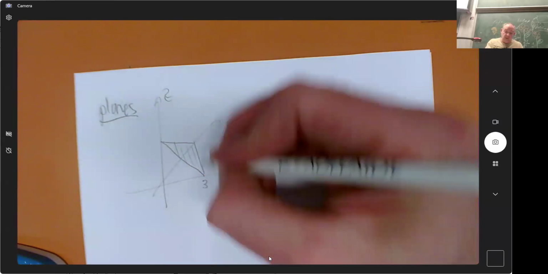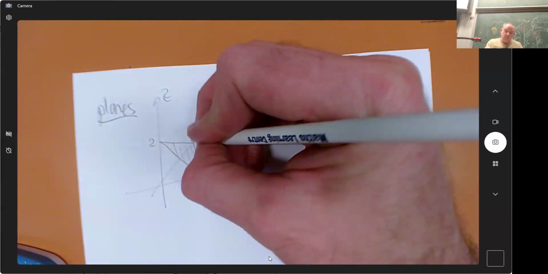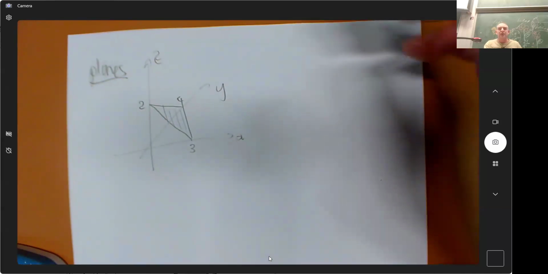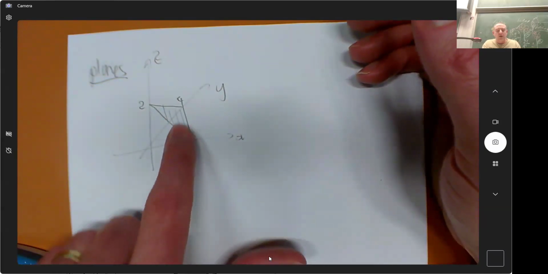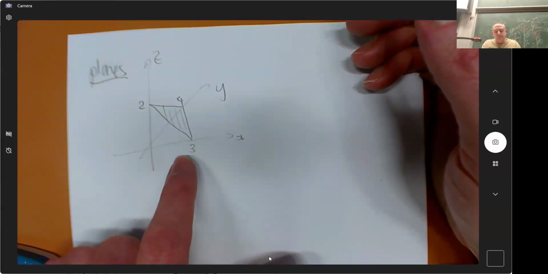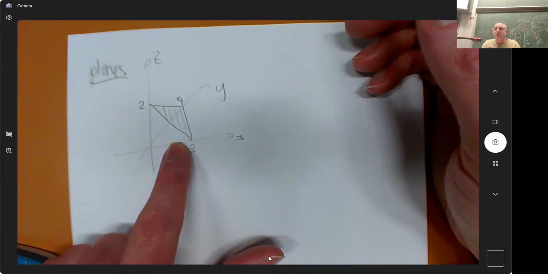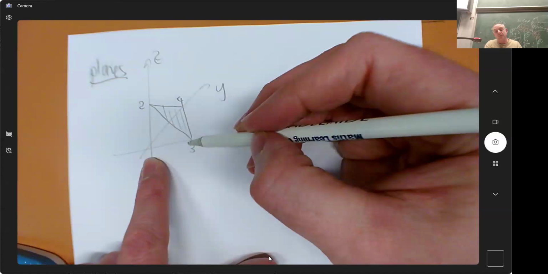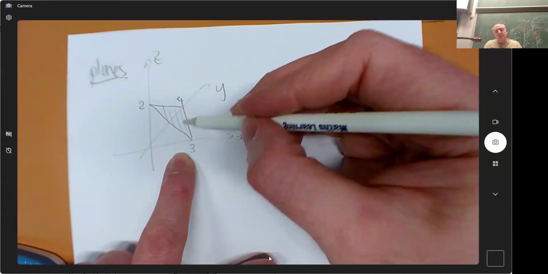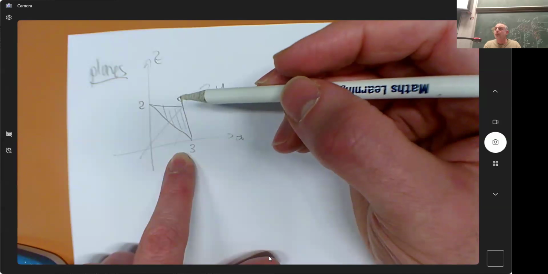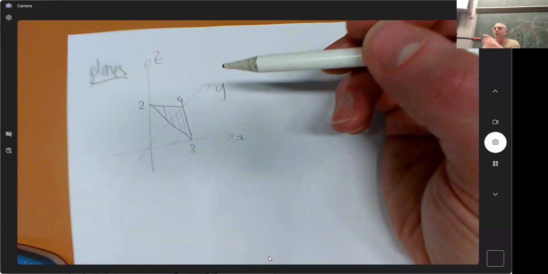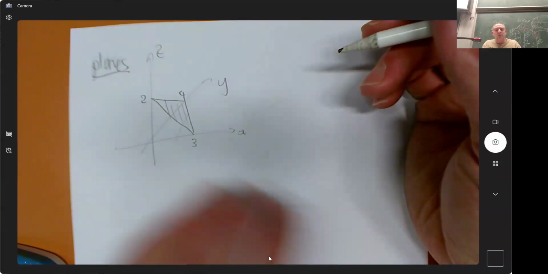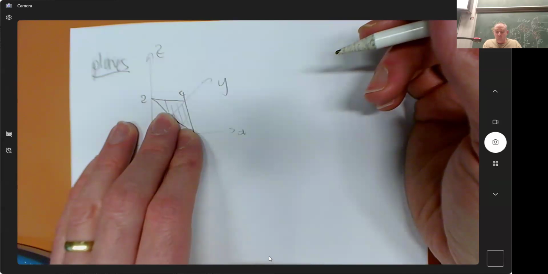So if this was, say, 3 and 2 and 4, for example, on the axes, then I actually need a way of figuring out where all the points are. And this parameterization is difficult to describe, and usually you have to figure out, I know the x's can go from 0 to 3, but the y's will be different depending on what x is. And so you didn't call this parameterization back when you did integrals, but you can do a flux across this surface if you want to.